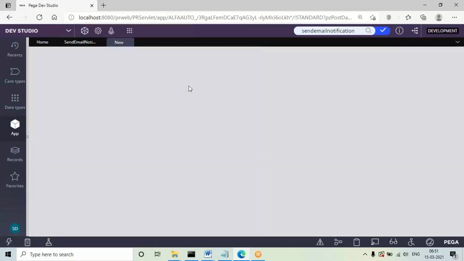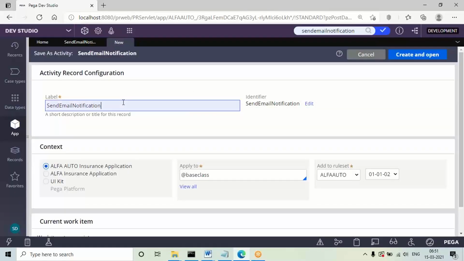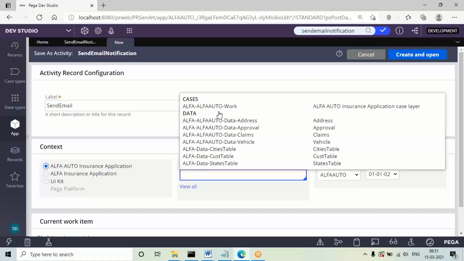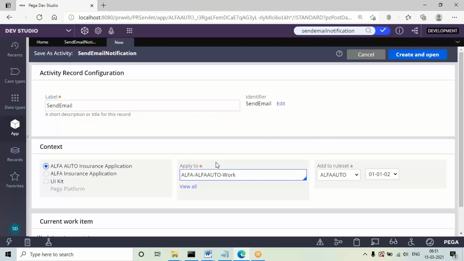But update the rule name and update the class name. We need to update the rule name, and also define this under the work layer. We are creating a user defined activity only, but we are reusing the parameters from that activity. So give the work layer name and click on open.